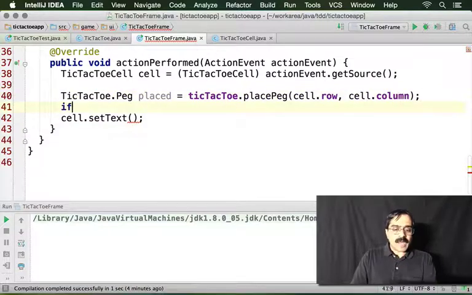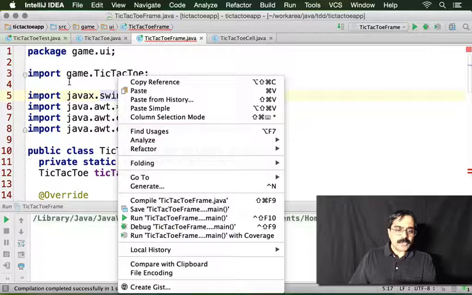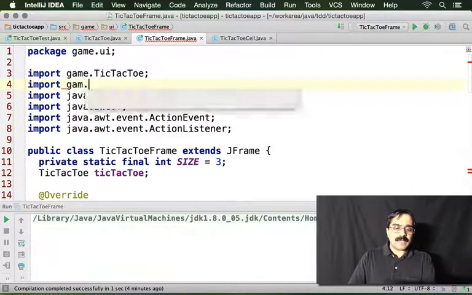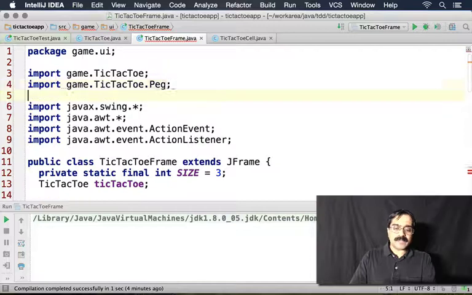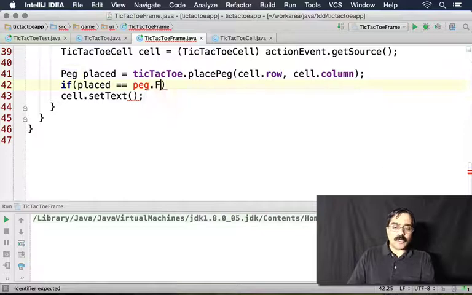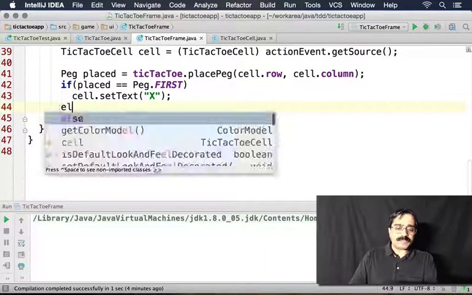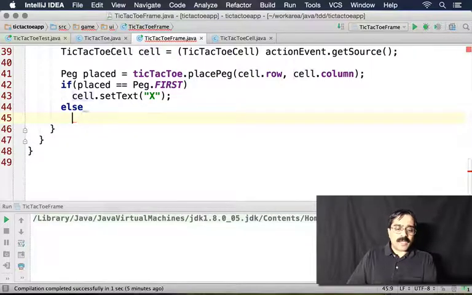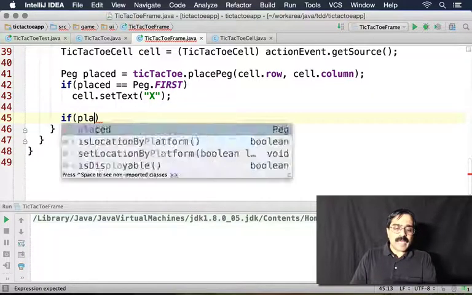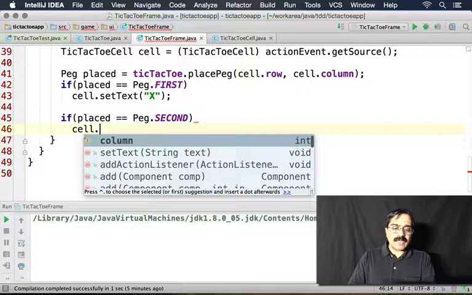Well, in our code, we could say if the placed peg is equal to peg dot, well, let's make it easy on ourselves by doing an import here. So let's go back here and say import game dot tic-tac-toe dot peg. That reduces the noise just a little bit. So now we can say is peg dot first. What do we do if it's peg dot first? Well, if it's peg dot first, then I'm going to place X. Otherwise, if it is the other one, so if placed is equal to peg dot second, I'm going to go ahead and place cell dot set text